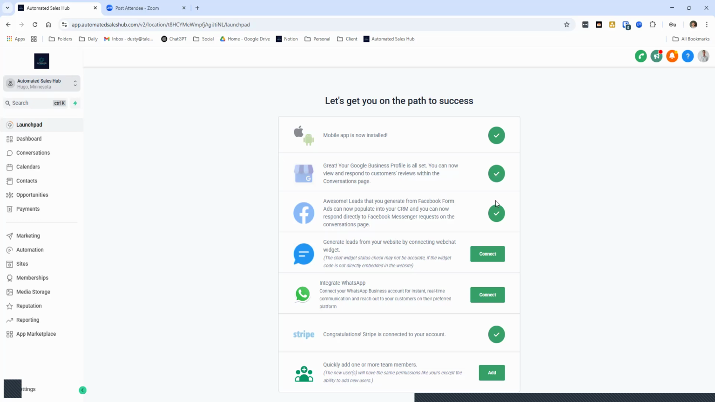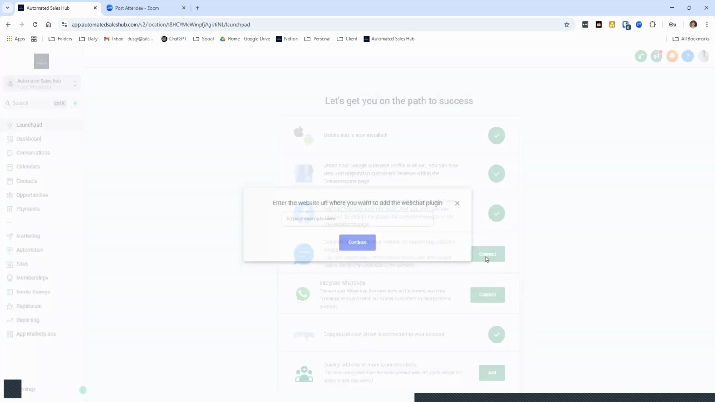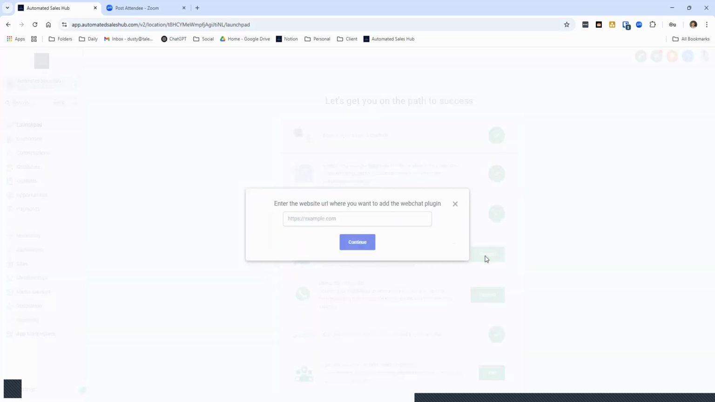It's one click, same thing with Facebook. Already did that right here. Again, it's one click, very easy, takes just a few moments to do that. The website widget, so go ahead and click or enter your website URL. We're just going to go